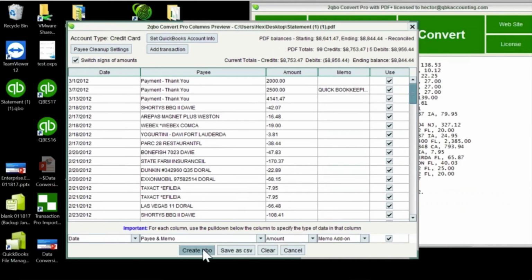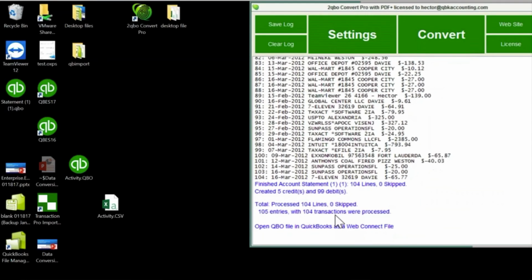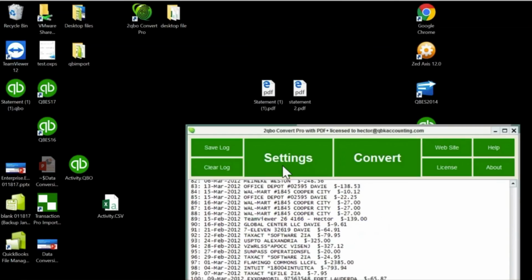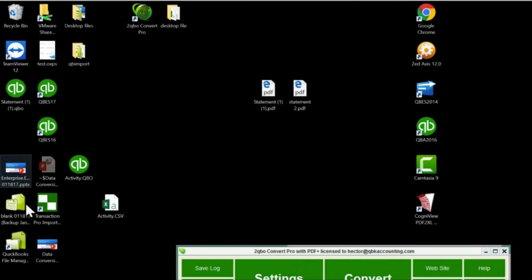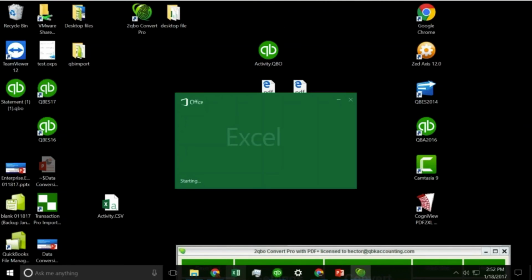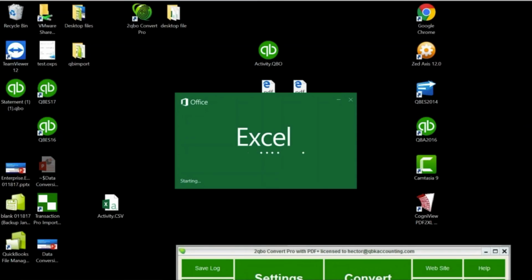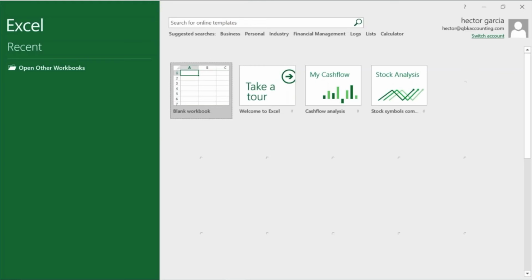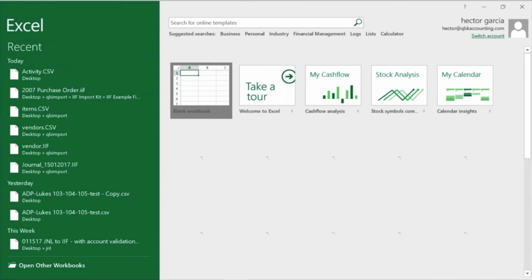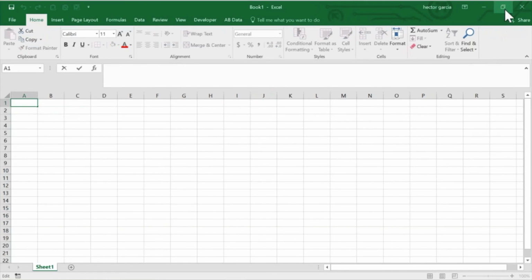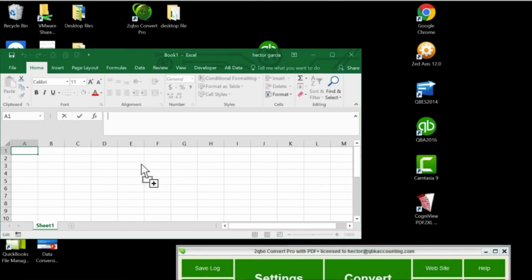So then I go to create a QBO file, and it'll create a .qbo file in the same folder where my PDF file is, and it should be here somewhere. There it is. There's my QBO file. And just for the sake of exercise, let me show you what a QBO file looks like inside of Excel, so you can see why it's something that you really can't create on your own, going from Excel to QBO,